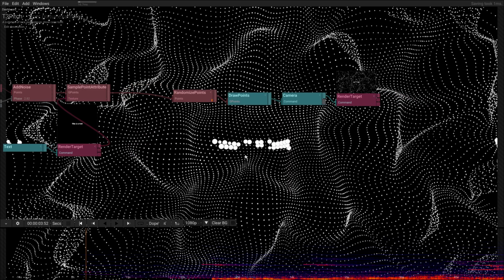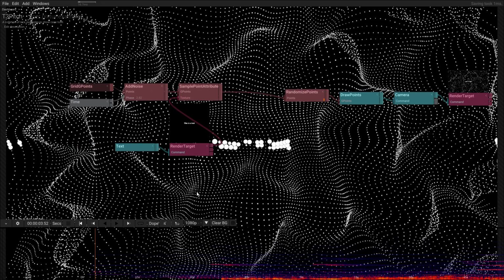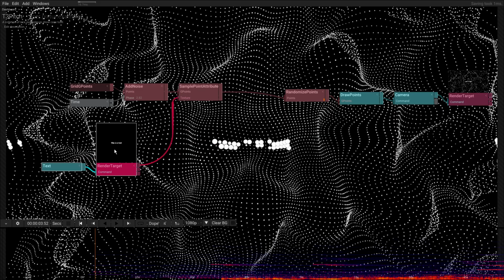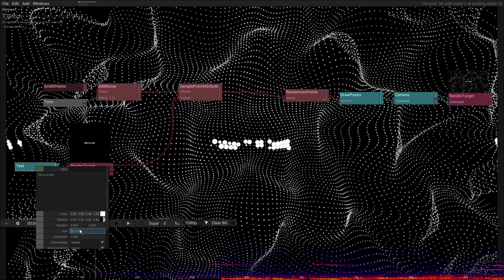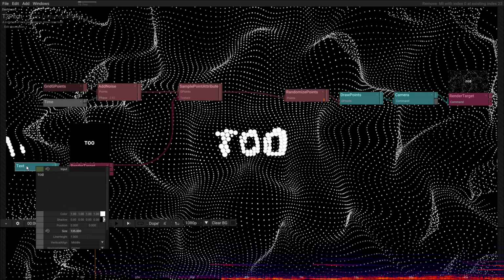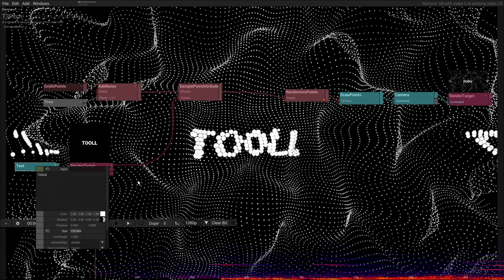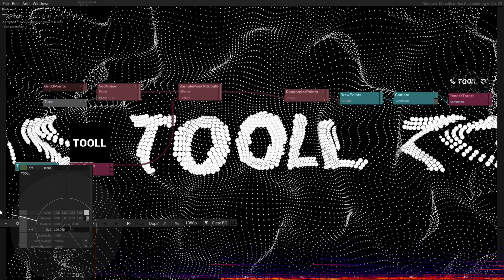And okay, something is going on there, which is already interesting. So let's use this buffer here, and let's first increase the size of this. Maybe let's say we call this tool, and later, of course, we can animate this.